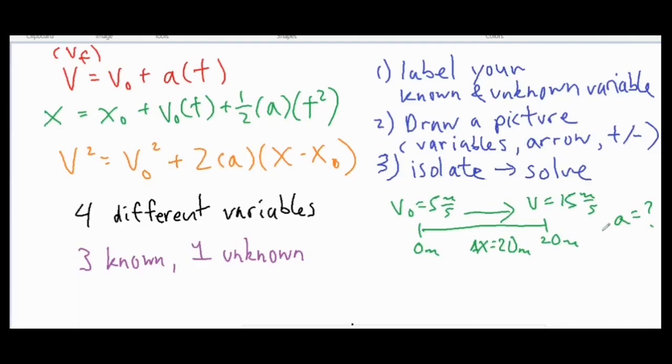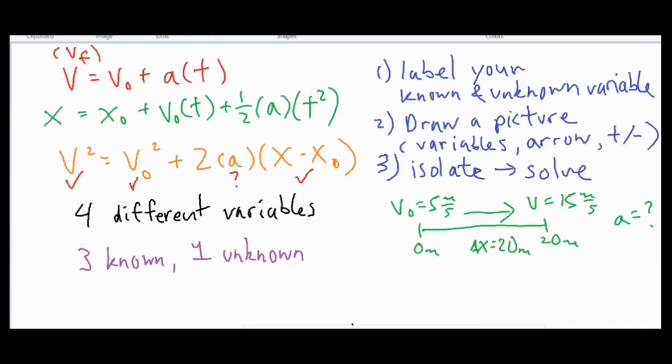So let me just go ahead and solve for this a in variable form. And if you wanted to add in the numbers later, you definitely could. So if I'm looking at my different formulas, I know for sure I'm going to use the orange one. The reason I know that is through experience and a process of elimination, I see that I have V naught, I have V, and I have delta x. So if I have everything except my unknown variable, then I'm good because I have 3 known variables and then